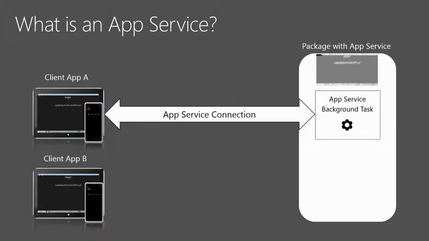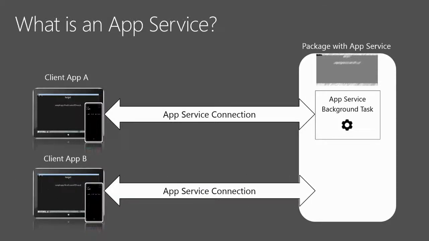Now if I open up a second app and I initiate a connection, I actually get a new instance of this task. Very similar to the way that the websites work, in that you will always create a new instance and you interact with them. The reason for this is we don't want any pollution between the two services, and we also don't want any lifecycle issues. I don't want client app B to suddenly lose a connection to its background task because client app A is shut down. Okay?